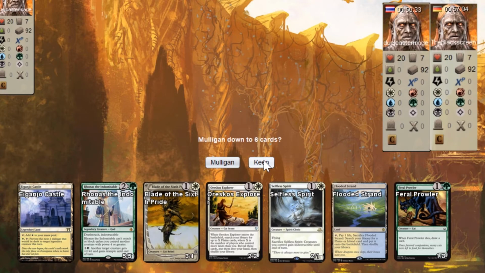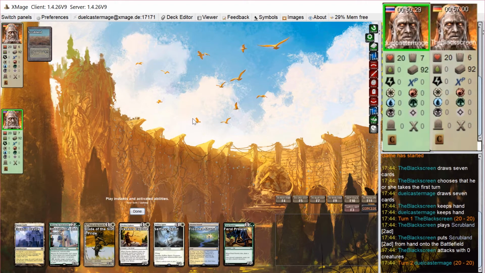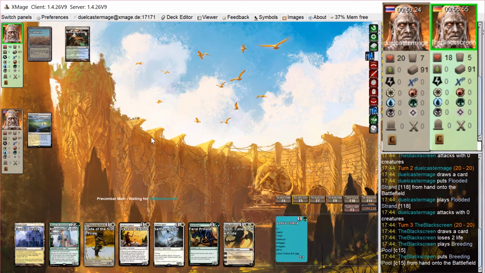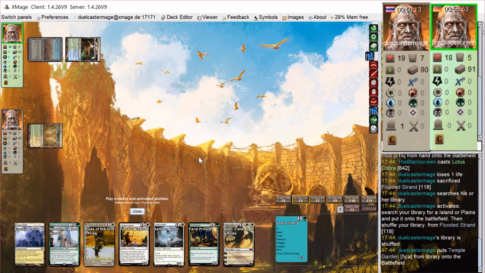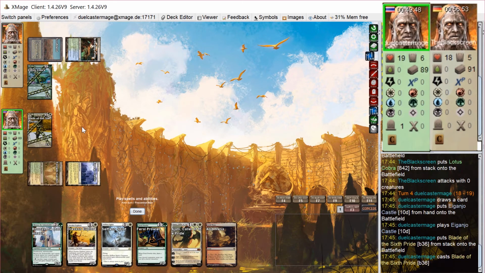I don't have a turn 1 cat, which is the worst part about this hand, but I have plenty of other cats to follow up on turn 2 and beyond. So I lead off with a fetch land. He plays a Lotus Cobra, and I get a Temple Garden into play tapped, and I play Blade of the Sixth Pride, which is